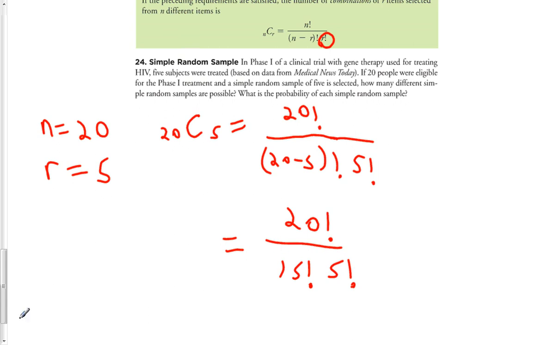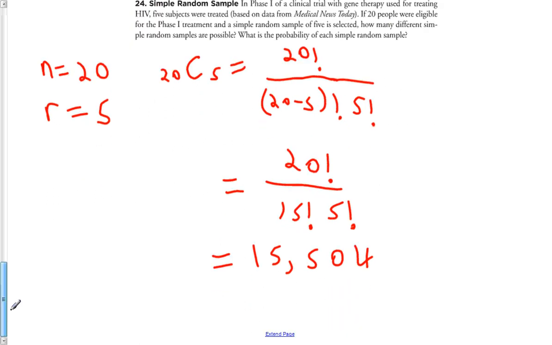And let's see what that equals. So that's equal to 15,504. So there are 15,504 ways that we can select these 5 people to be in this treatment